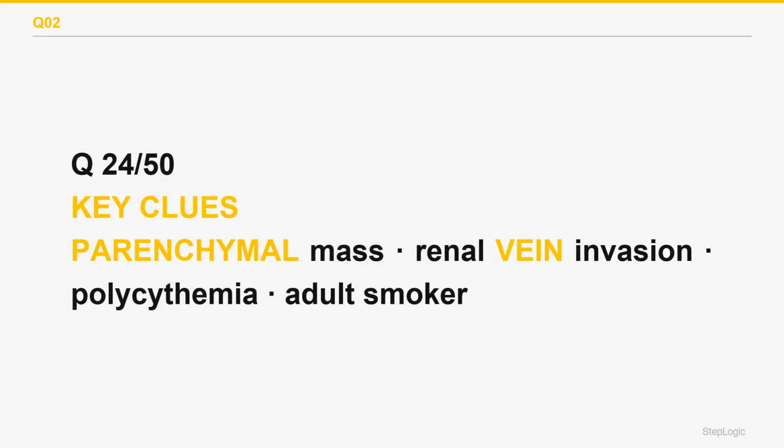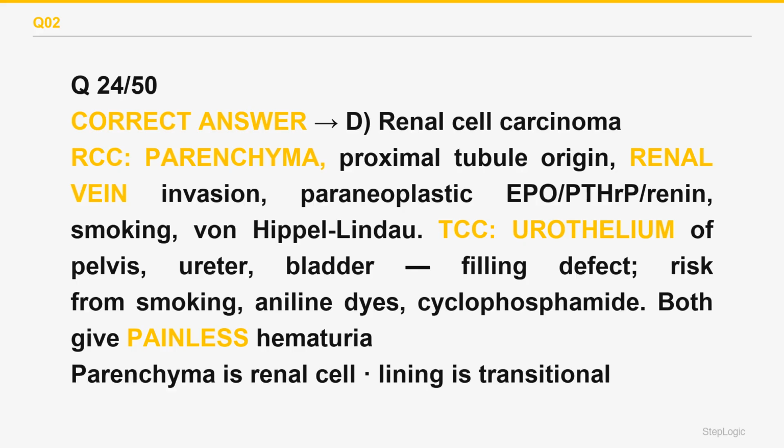Renal cell carcinoma arises from proximal tubular epithelium in the renal parenchyma, and its defining behavior is invasion of the renal vein with propagation toward the inferior vena cava. It is a classic producer of paraneoplastic syndromes: erythropoietin causing polycythemia, parathyroid hormone-related peptide causing hypercalcemia, and renin causing hypertension. Transitional cell carcinoma arises instead from urothelium lining the renal pelvis, ureter, and bladder, so it presents as a filling defect in the collecting system rather than a parenchymal mass. Choice A wrong. The correct answer is